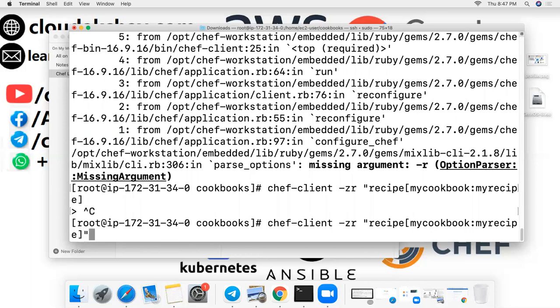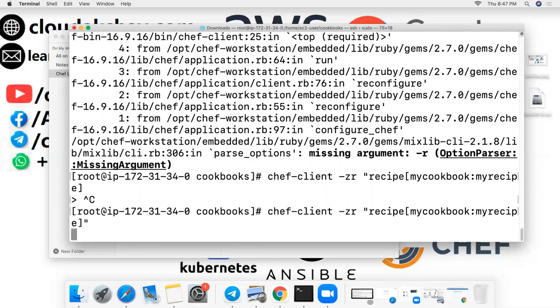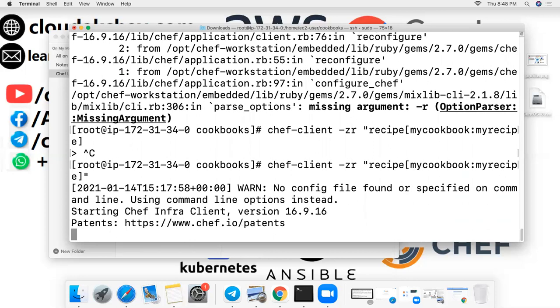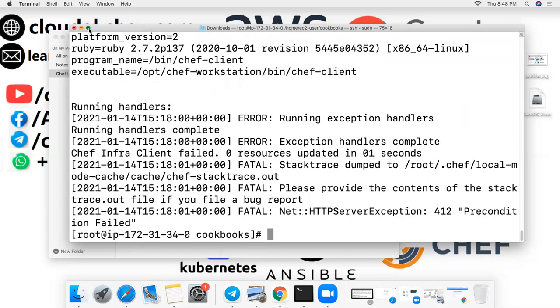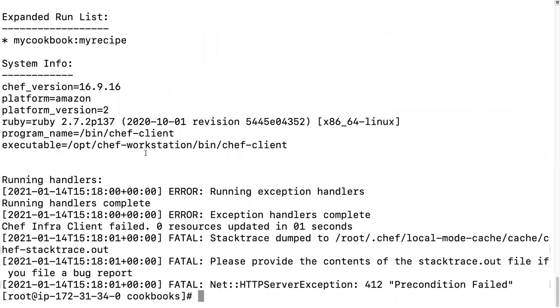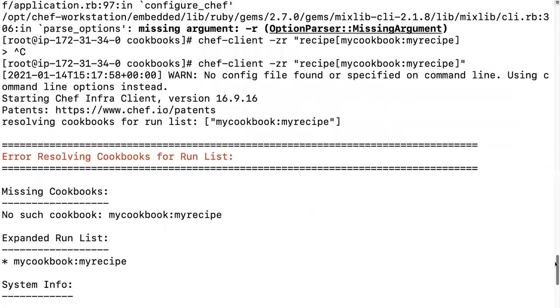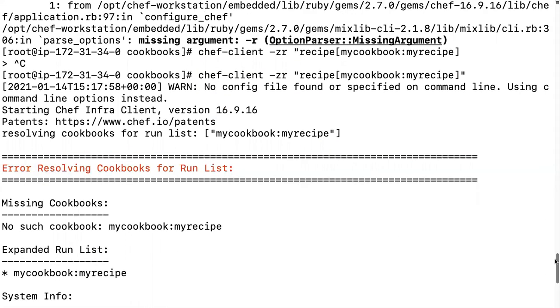So enter. Start chef client infra. Please provide the content, stack trace, chef mode cache dumped, and there is some error.